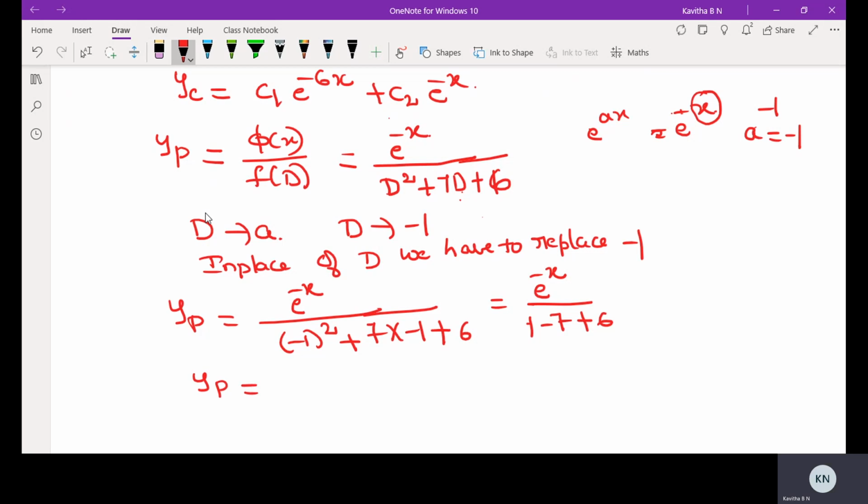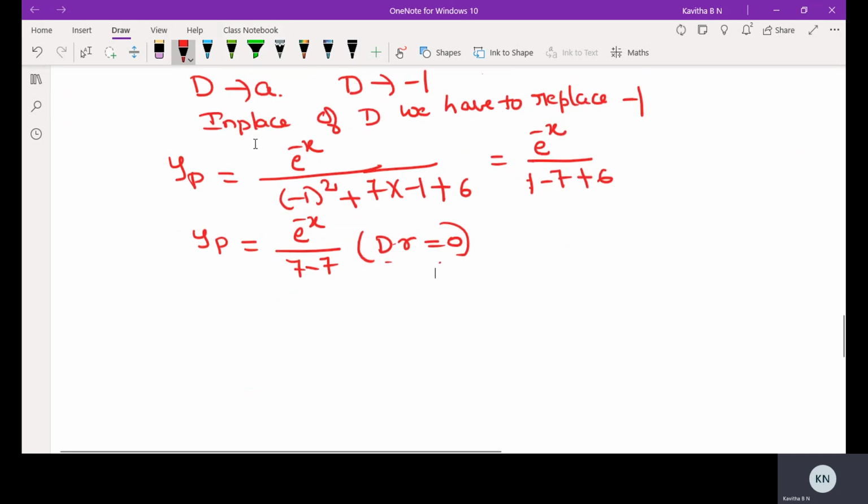Yp is equal to e to the power of minus x. 1 plus 6 is 7, minus 7. Here the denominator is becoming 0. Denominator is becoming 0. Means what we have to do? If the denominator is becoming 0,